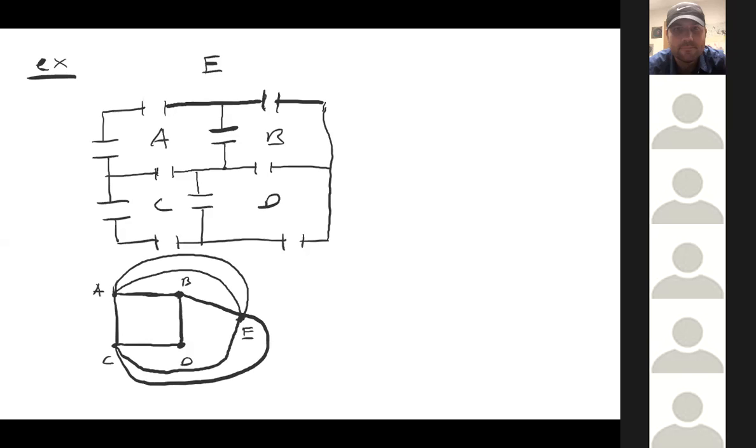And then D looks like it's connected to B, which I have, C, which I have, and E. Okay. So now if I just look at those vertices, A, B, C, D, and E,